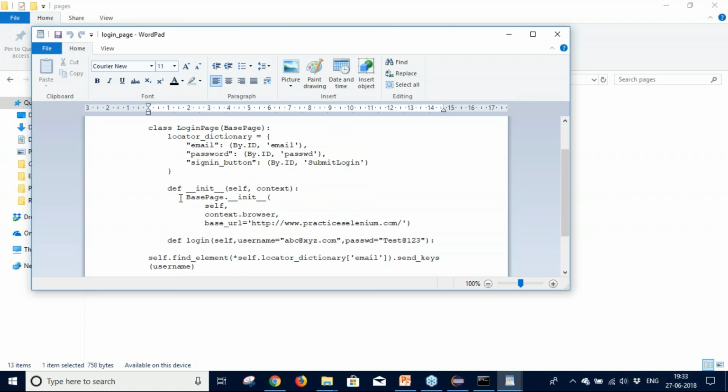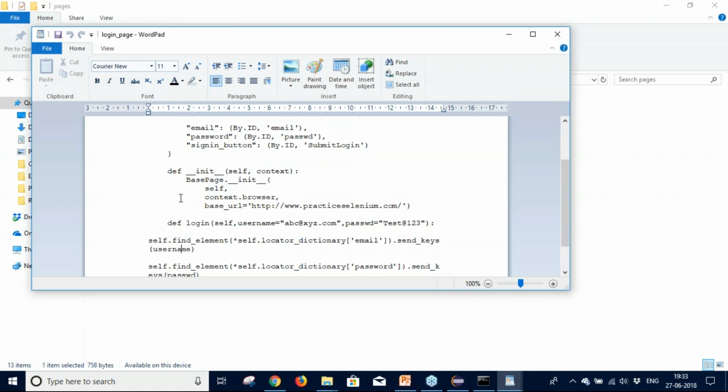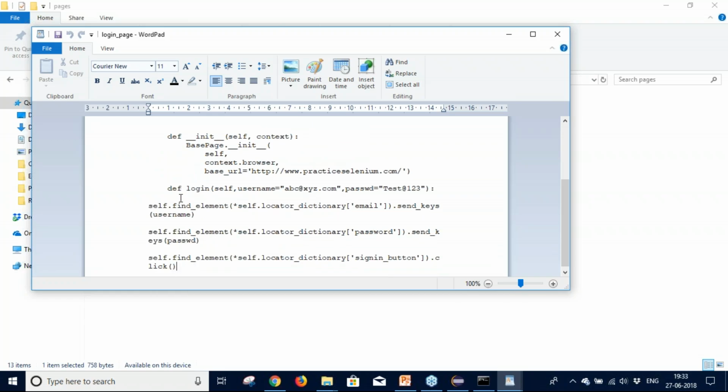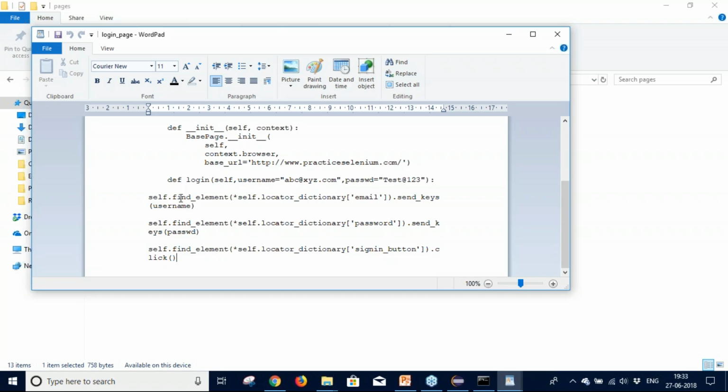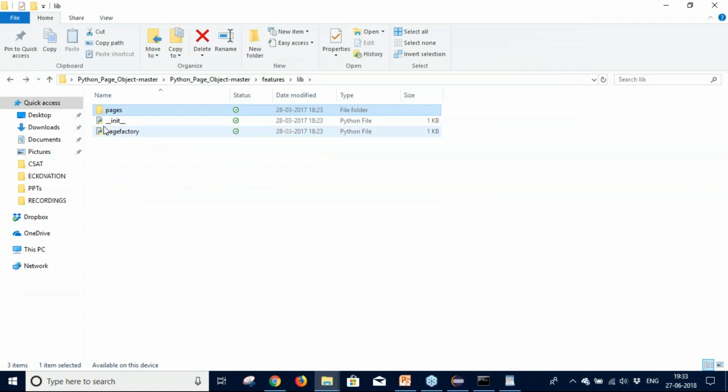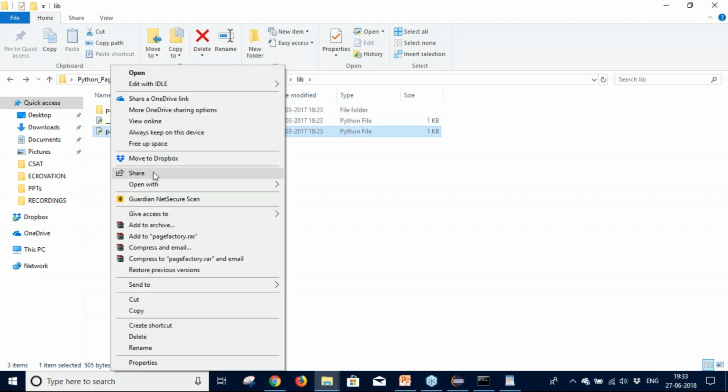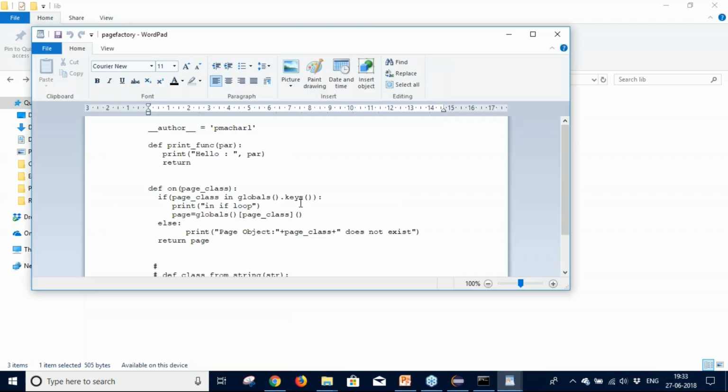So it is calling a function login where it is reading from the locator dictionary about email and typing send keys username there, send keys password there, and clicking on the sign in button. So login is an action where it is trying to find the locator objects and perform the action. So that is the login page object model. This is the calling,